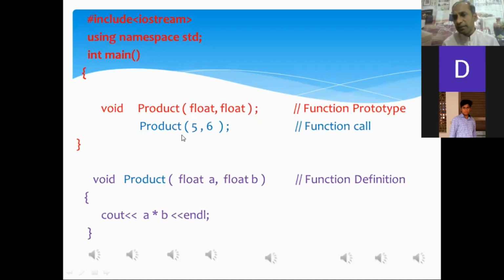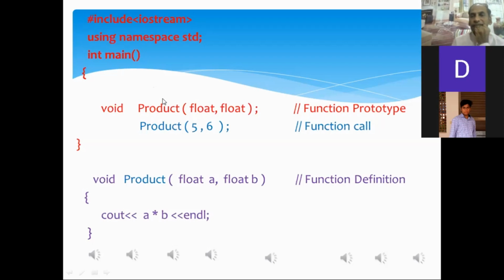And in the main function, the control of execution will be shifted to the function prototype, or the function header, or the function declaration statement. And a function named product will be declared. And then the control of execution will be shifted to the function call statement.